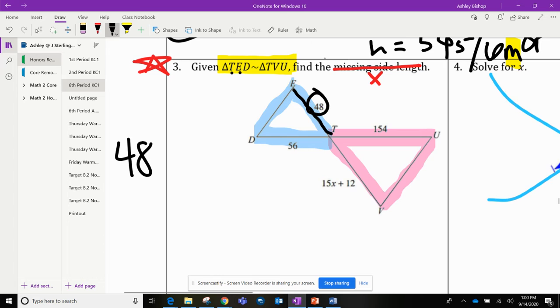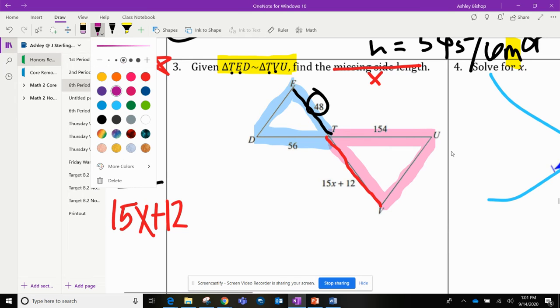Well, here's T and here's E. TE and ET, that is the length of one side, and TE is the first letter and the second letter in this triangle. And so to find which side it's proportionate to, I'm going to go find the first letter and the second letter of my second triangle. So that would give me side TV. So if I go and find side TV now, here's T, here's V, well then here's this side, then these 2 sides are proportionate. So then 48 over 15x plus 12. Alrighty, and then that's good. And then I'm going to set that equal to,